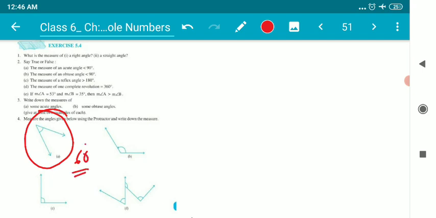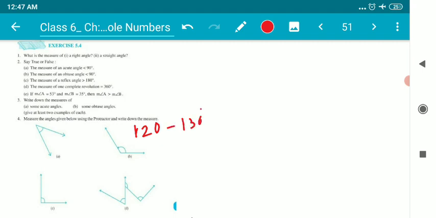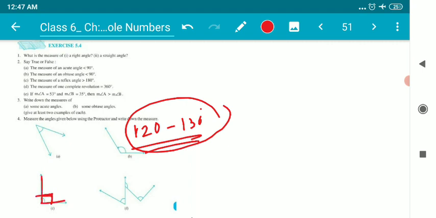It's an acute angle. This next angle is more than 90, because if I hold the protractor like this, this one is 90 degree. So it's beyond 90. It has crossed the level of 90. So this one would probably be between 120 to 130. It should not be exceeding this. It should be 120 degree. Now the measure of this angle, it's absolutely vertical on the ground or the baseline. So it is 90 degree. It's absolutely perpendicular, a vertical line.